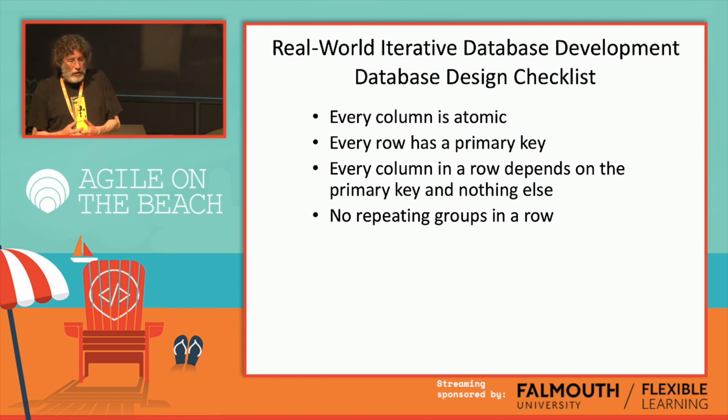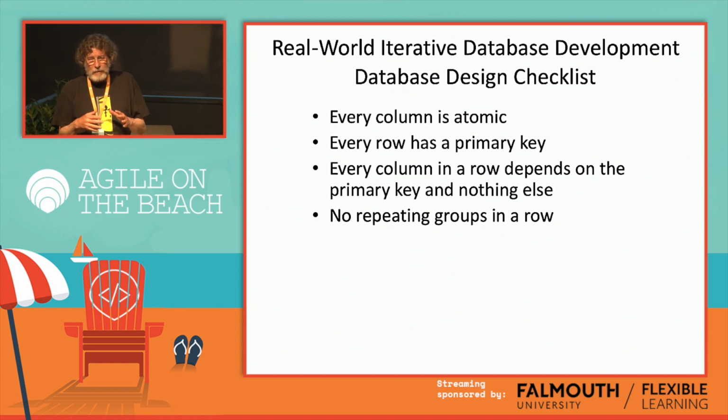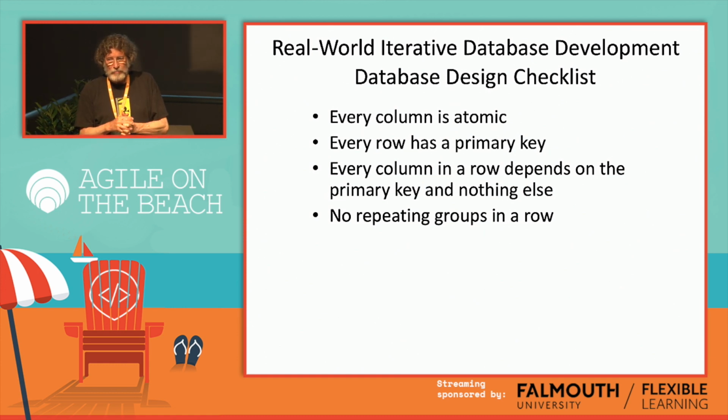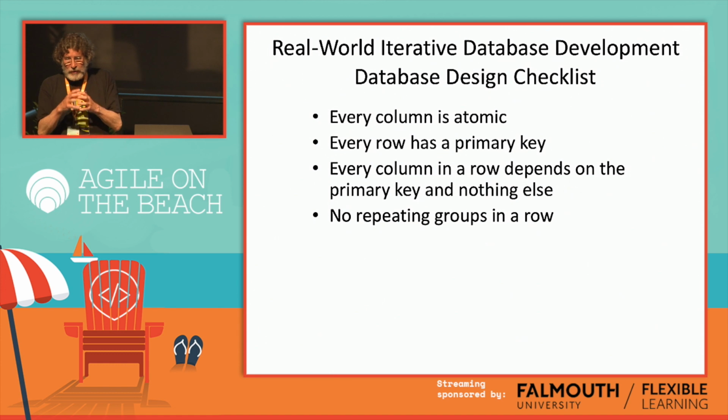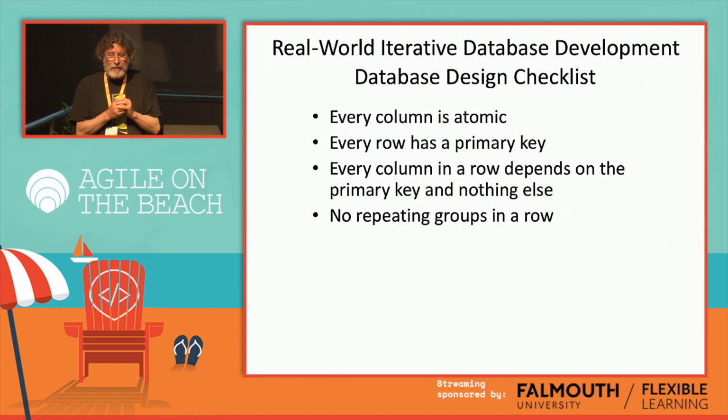The next one, every column in a row depends on the primary key and nothing else. Well, how many of you would call yourselves object-oriented developers? Do you use object-oriented languages? Okay, that's pretty much everybody. So in an object in your application, all the properties should belong to that object. So for example, if I'm modeled in the database as a person, I've got first name, last name, date of birth, national insurance number,